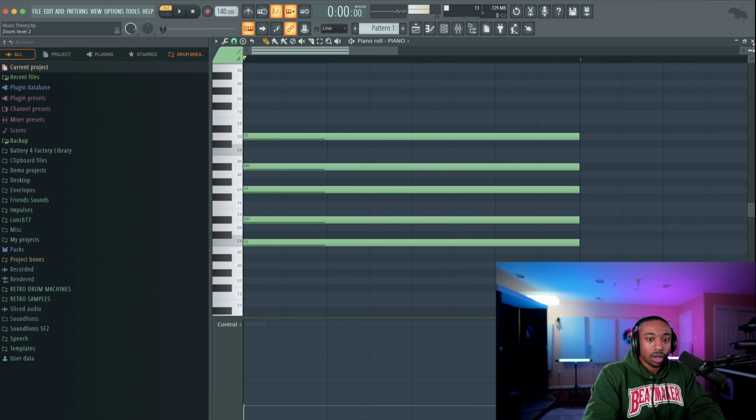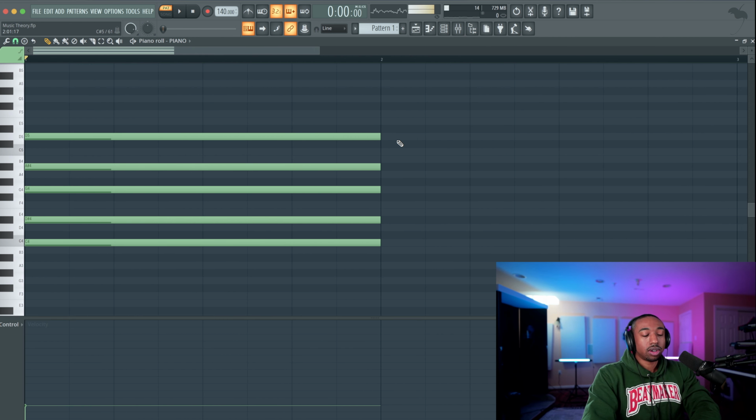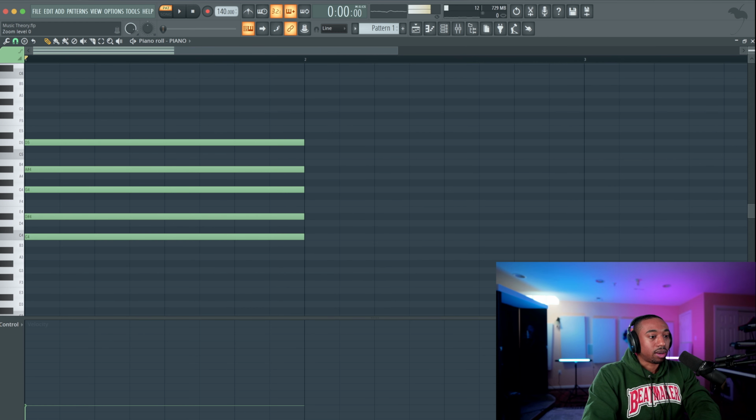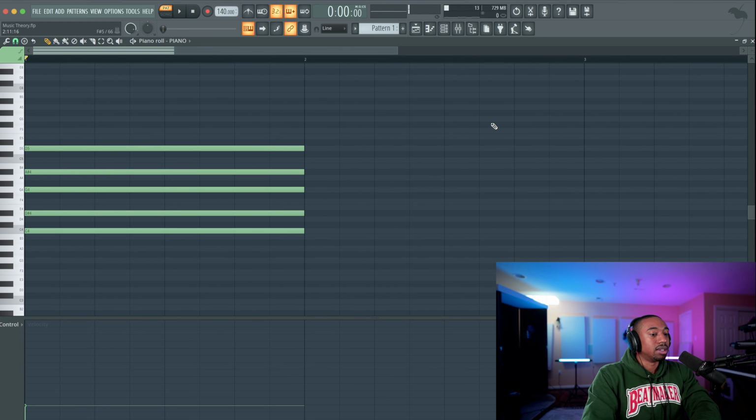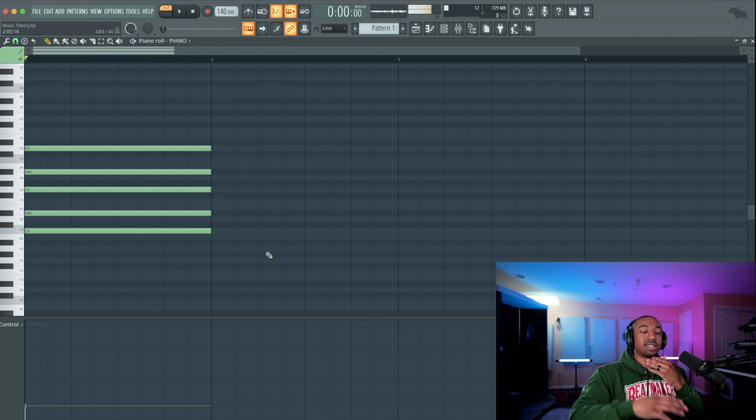Okay, so the first thing about R&B chords is you're going to be using what are called chord extensions for the most part. So let's first start off with writing what's called a scale. Now we're going back to the basics because everything derives from the basics. A scale is just a sequence of notes that sound good. We're going to start with the natural minor scale.